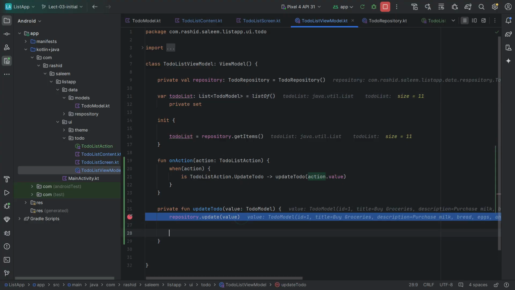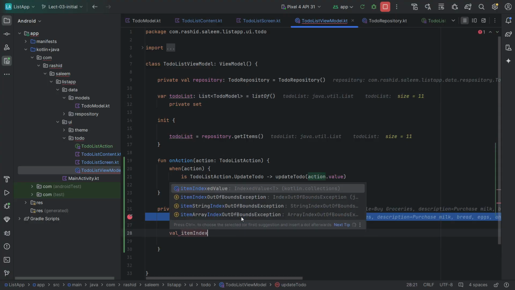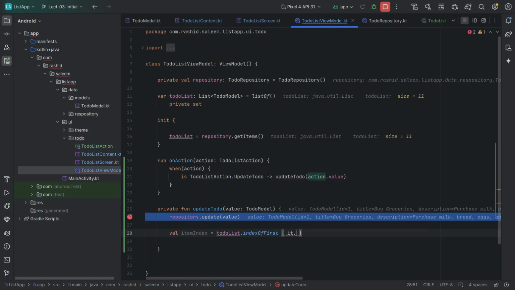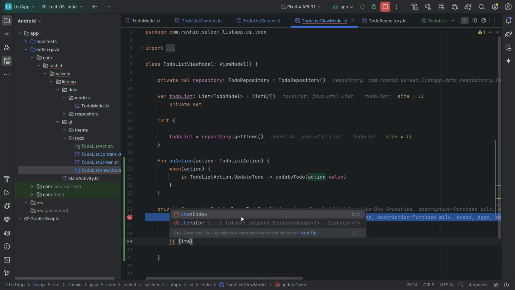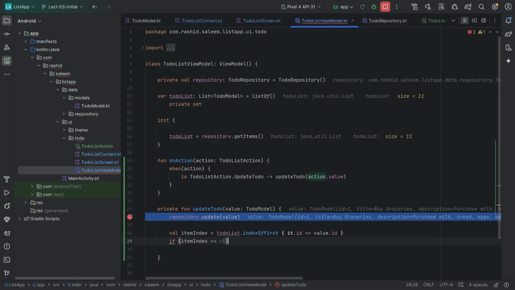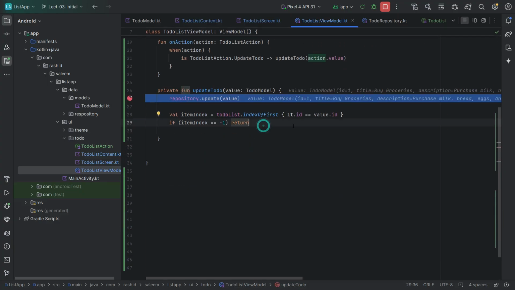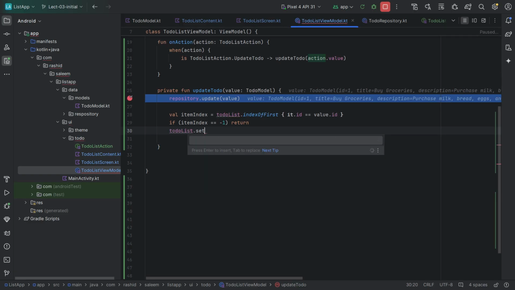So for that here we get the item index from this list, todoList.indexOfFirst where the ID matches this updated todo object, and if the item index is -1, that means the item is not found in the list, but this is a rare case. Again, we will cover that case and return from here, and then in the next line we will update our todoList.set